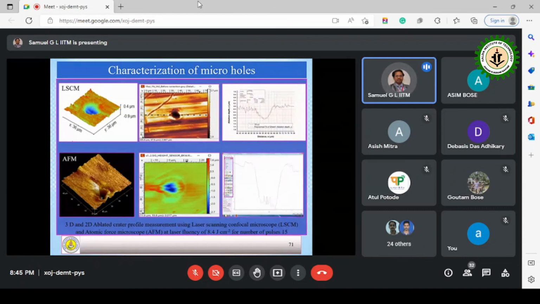So the bottom side, what you see is the real atomic force microscope image. So what we have taken, and then we tried to characterize. So we gave the profile. I don't know whether it is clearly visible or not. This will be the profile of the hole. Then we tried to see what depth we get when we put 1 pulse, 10 pulses, 100 pulses. That phenomenon is called laser matter interaction. You put a laser, and how the matter is going to react.